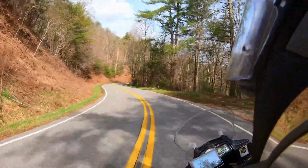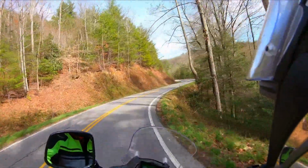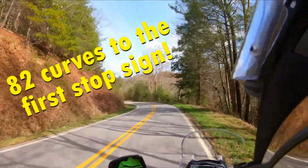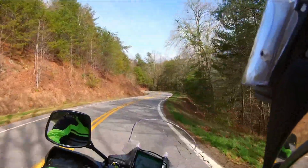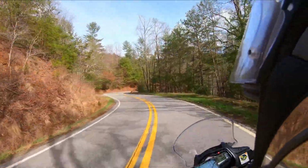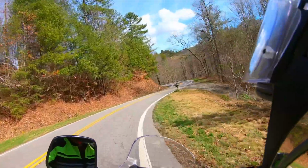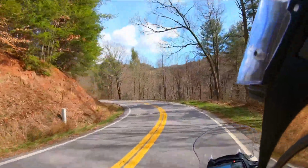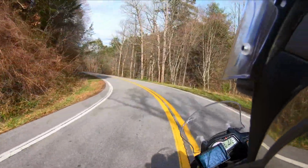Yep. You know, obviously it doesn't have 318. Although, you know, we should count the curves one time. That would be tough, but we should count just to see how many are in this, how long the road is to where we would turn off, the first right. Yeah, that first stop sign. Yeah. We should. It might be hard to remember them all, but we should definitely count how many curves,